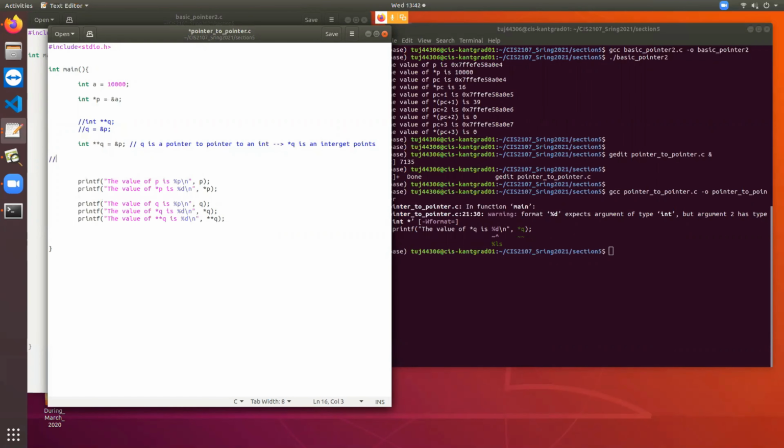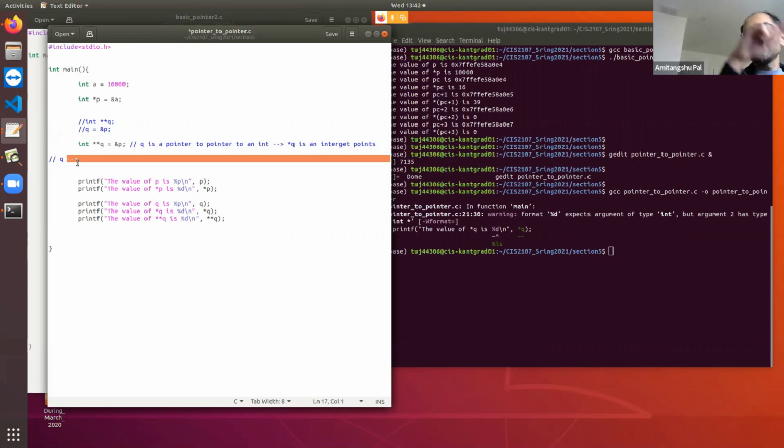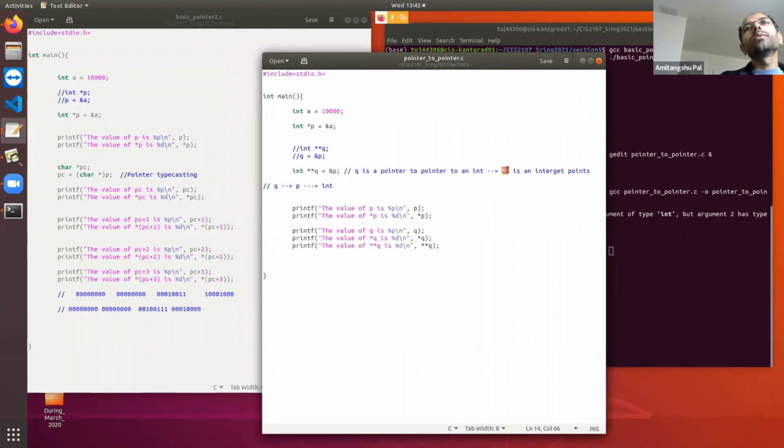Okay. So I'm just trying to draw it. Q, I was showing in the Wacom, so let's assume that this notation shows that direction. So Q points to P and P points to integer A. Right. So *q means the value at the memory location that is pointed to by q.